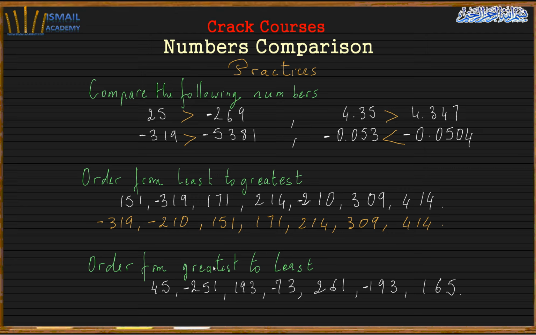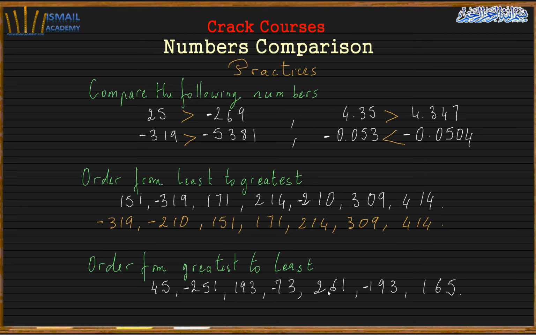So I will do the last question here. It asks me to order from greatest to least. Here I'm going to start with the positive numbers, because we have a mixture of positive and negative. When we're talking about greatest to least, I always start with positive, because positive is always greater than any negative number. So negative will be the last numbers that I will deal with. Here I will start with the positive. This is positive, this is positive, this is positive, this is positive, and I will pick the highest